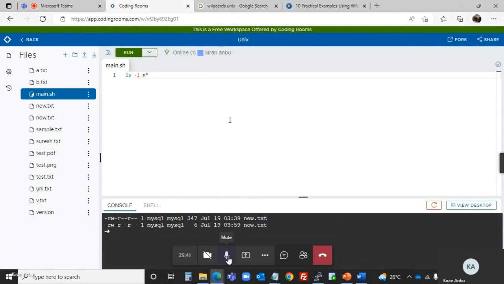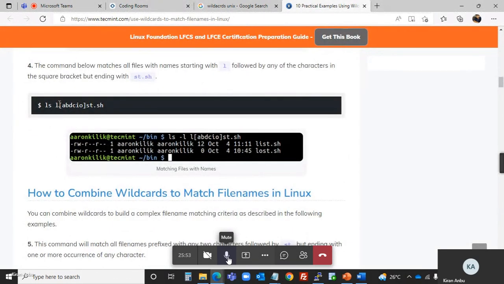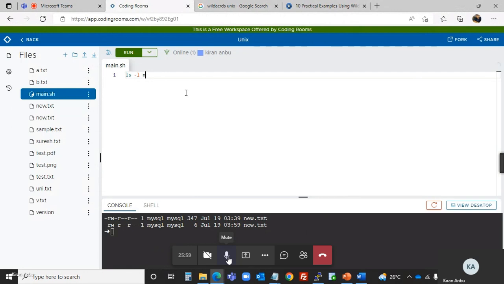You have a lot of features, but the one which is very convenient for you, that one you will use. So n star means all n will come. Instead of that n star, you will use n question mark. This one, in the braces, will be replaced with all those characters. For example, n is there, and here n,